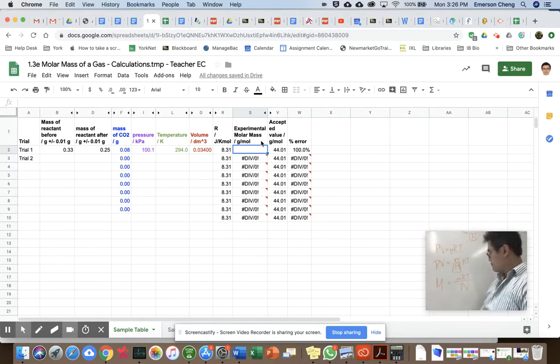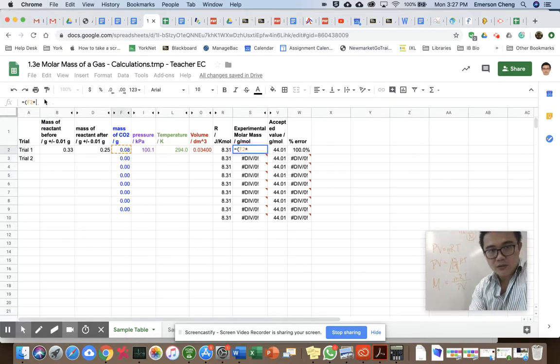Does it make sense? So to find this here, you have to have the mass of the CO2 times the R value times T divided by P divided by V. Oh, look, all these things are here. So this here would be your mass, which is this cell here. Now, put a bracket on it first, so your mass won't get accidentally messed up. So bracket F2